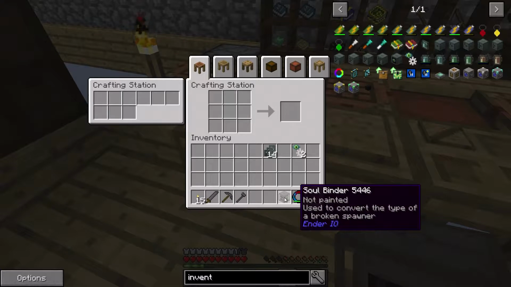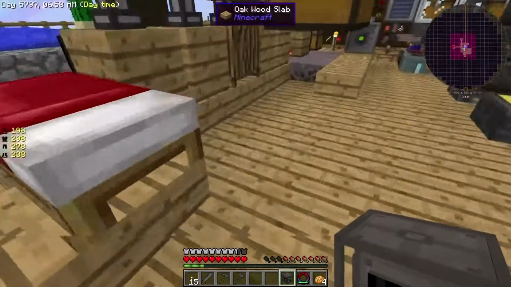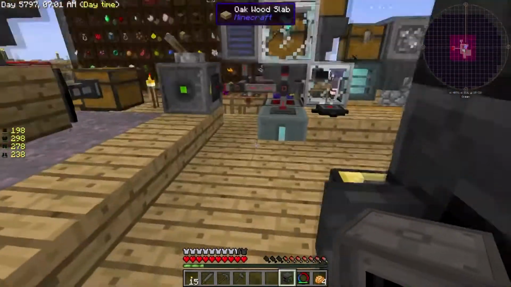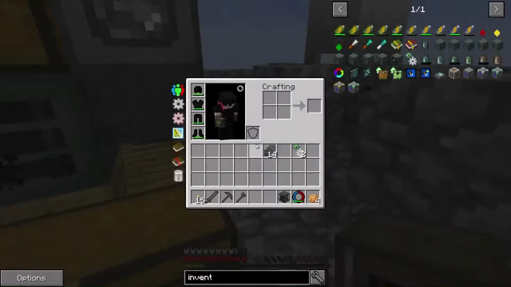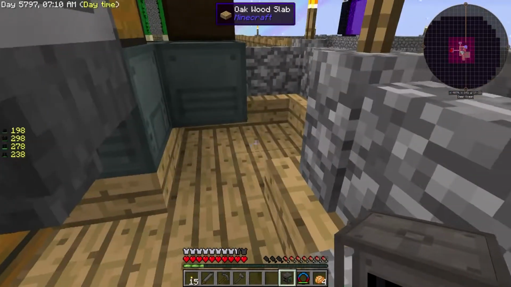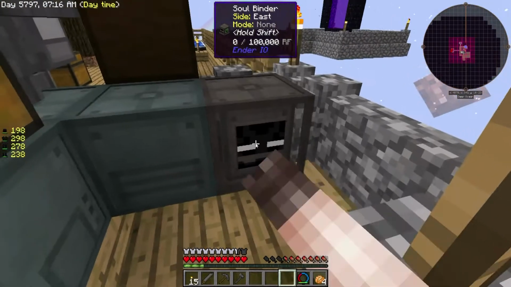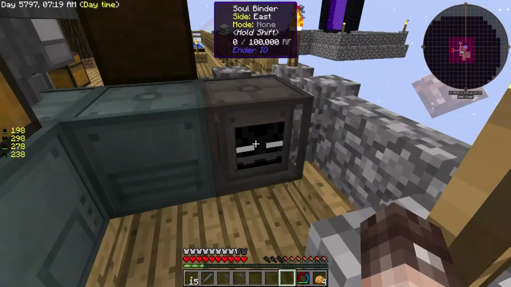So we'll use this to convert the type of a broken spawner. Okay, so we can use this if we actually make any broken spawners, which obviously we're not going to get in this, but that's something for inventions, that we could actually change out the broken spawner. So where we've got that cave spider spawner in inventions, that could be quite useful. Okay, and I'm not sure whether this actually needs power. Let's think about this for a moment. Let's pop it here. Okay, so yeah, that does